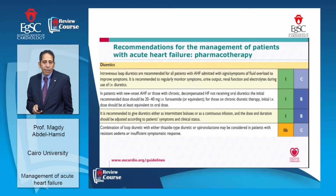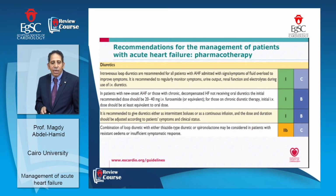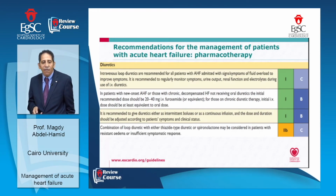This slide summarizes how to use diuretics in treatment of acute heart failure patients, and it's a class 1C recommendation. In patients with new onset acute heart failure, or those with chronic decompensated heart failure not receiving oral diuretics, the initial recommended dose is 20 to 40 milligram intravenous furosemide. For patients who are on chronic diuretic therapy, the initial IV dose should be at least equivalent to the oral dose,